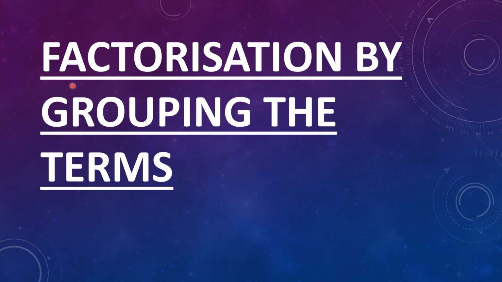The next is factorization by grouping the terms. Here you need to learn how to group the terms so that you can take common. But not only this, here the process ends. You need to take common in such a way that after taking common, whatever is left should remain same throughout in common. I am showing you the questions. Just look at them and try to understand the concept.